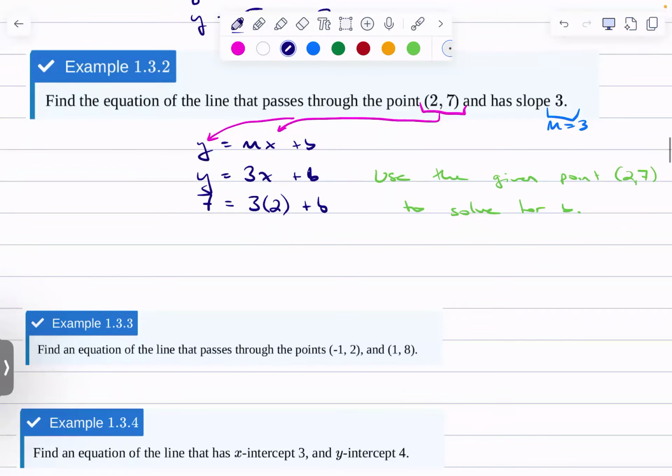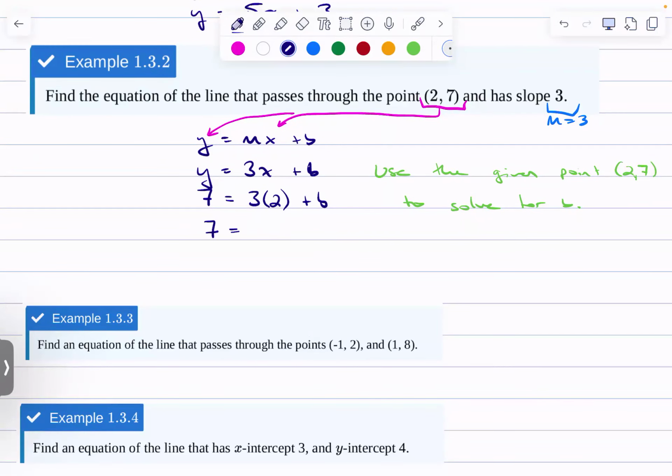3 times 2 is usually 6. So b must be 7 minus 6. So I'm just going to write that b must be 1. Therefore,